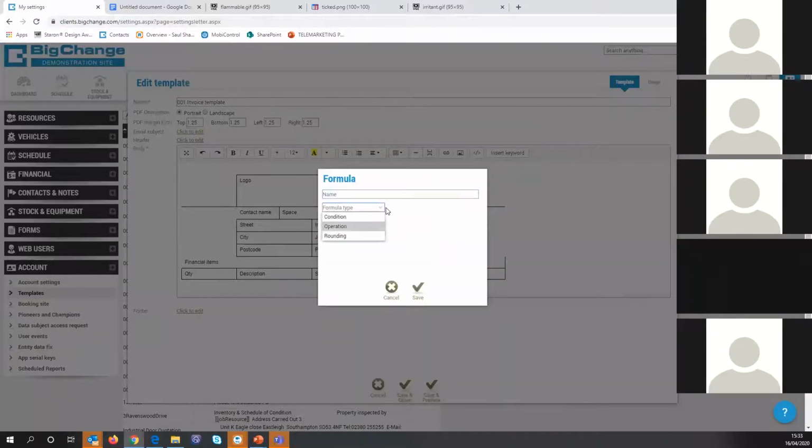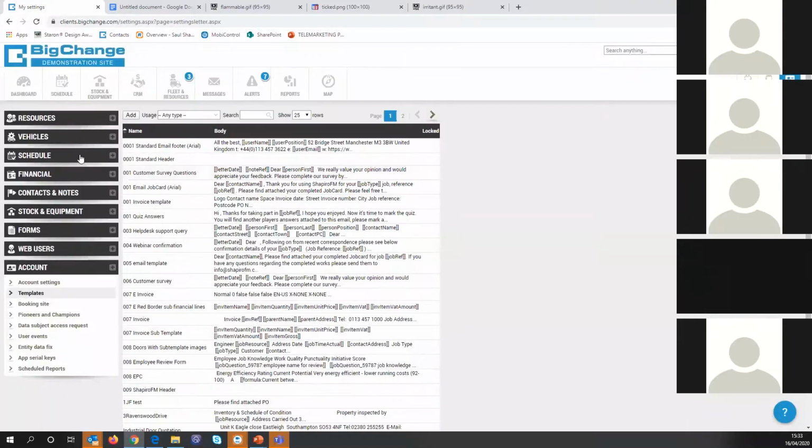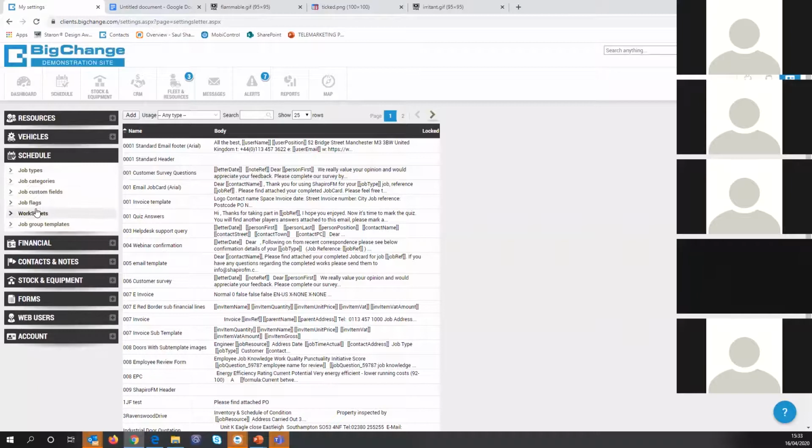Just the final formula type. So we've got the option to round answers or information that we're storing. We can choose the number of decimal places that we want to round it to. So that's those 3 on the formulas. I'm not going to show an example of that, but if you want to play around with any decimal questions that you've got, so on the worksheets,